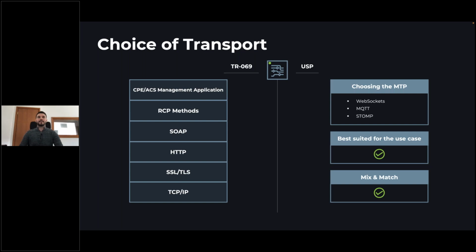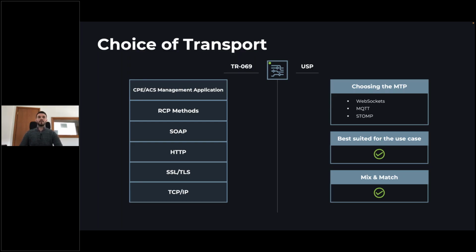And the first point would be the choice of transport, or the way how on the network layer the protocol is utilized. With TR-69, we have a defined stack. So it is HTTP based, most notably SOAP based, so using XML to define the structure.